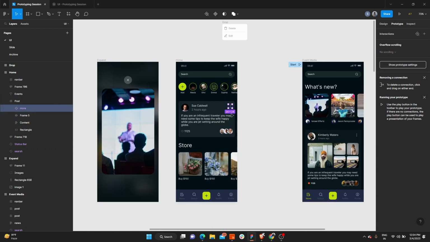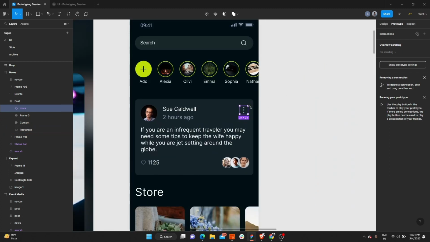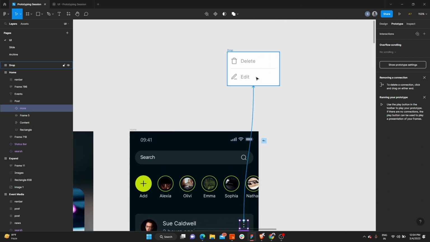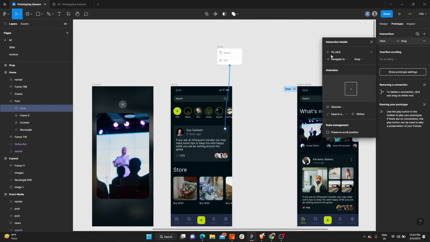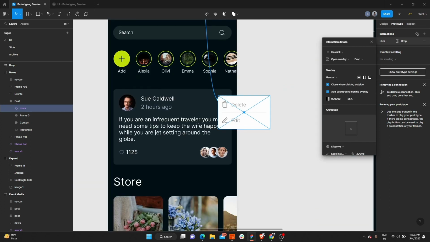So I'll select that particular element, go to the prototype, search for the node, and connect this with the list that we have on the top, right? We don't want on drag, we want on click, because this trigger is going to happen only when you tap upon it, right? And we are going to dissolve. Done is correct. Instead of navigate to, we are going to open overlay. Once you click upon open overlay, it will automatically show you that it is now coming on the screen,